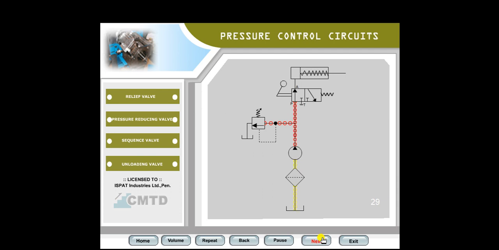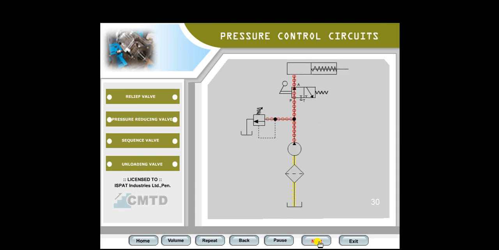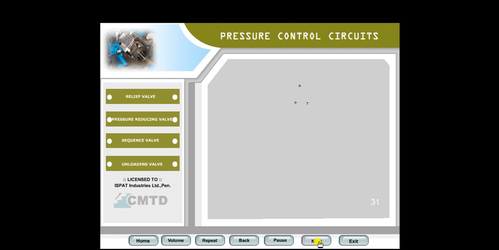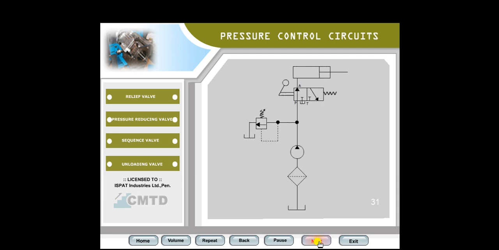If the handle of the direction control valve is operated, port P is connected to port A and oil flows through it. Oil goes to the cylinder and pushes the piston. Spring gets compressed.